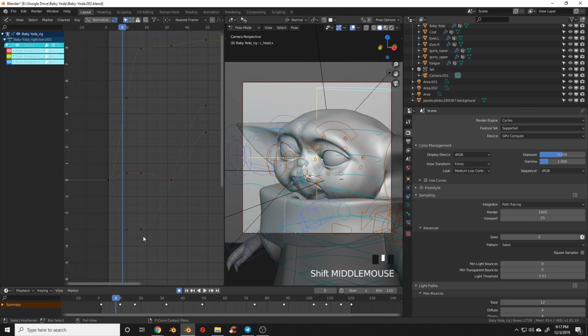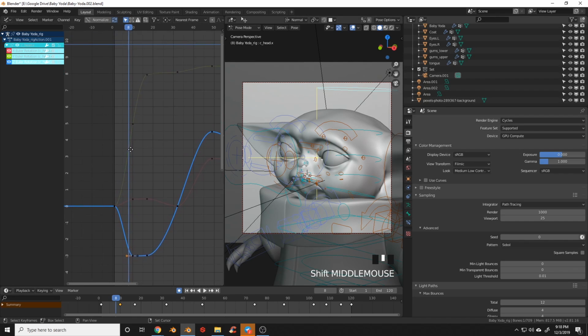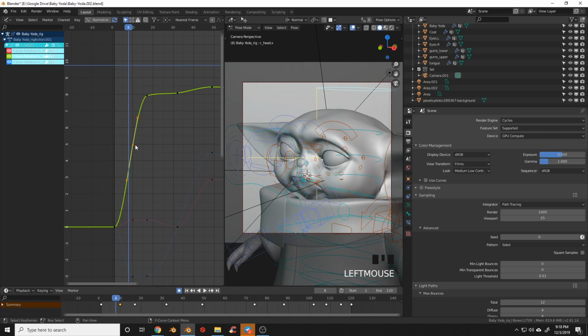So let's say that we want him to come into this ease a little bit more. I can select both handles by clicking that center one. I can rotate those, grab those, scale those, or whatever. And I can grab here and select each handle and adjust those. Now, this is my Z rotation. Blender Z is up, but in this free rig, they have Y up, which is standard.